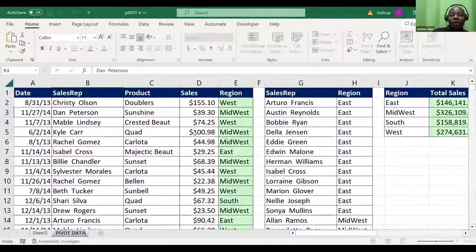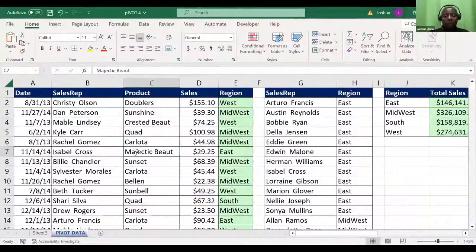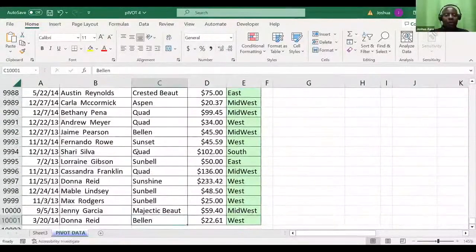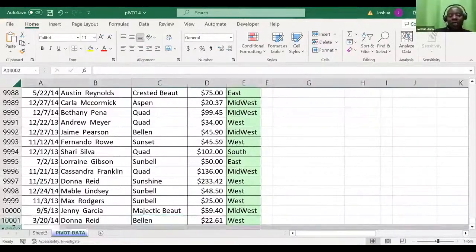What you need to do is go to the last row. This very last row is row 10,002. Delete row number 10,002. You highlight it, and then how do you delete? If you have a blank, go to the last row. How do we go to the last row? What is the shortcut of going to the last row?